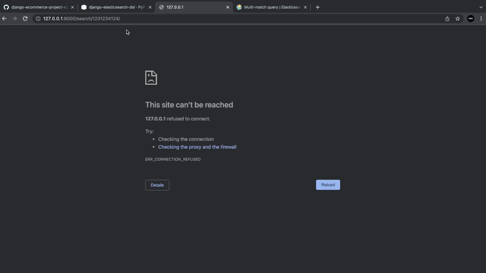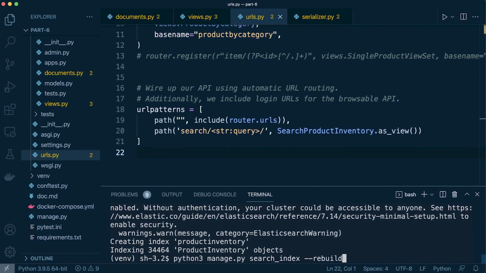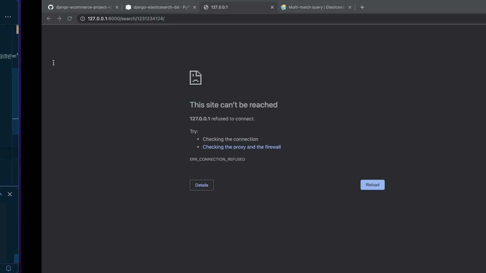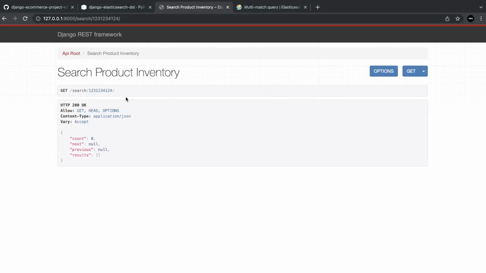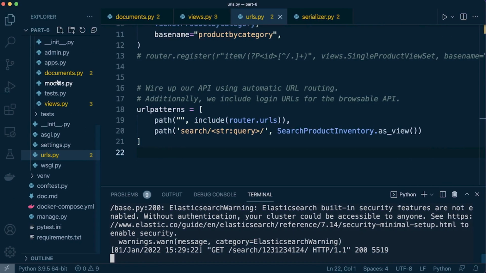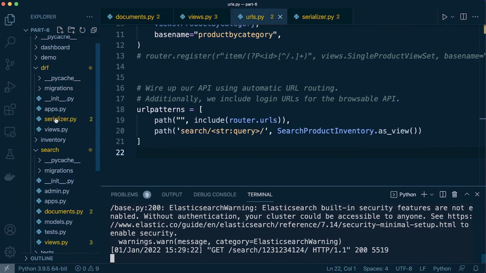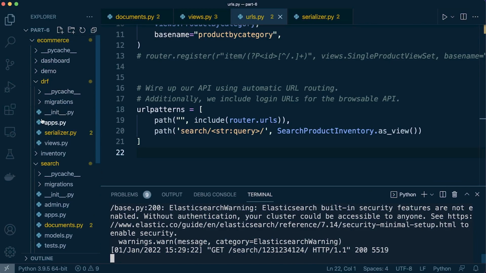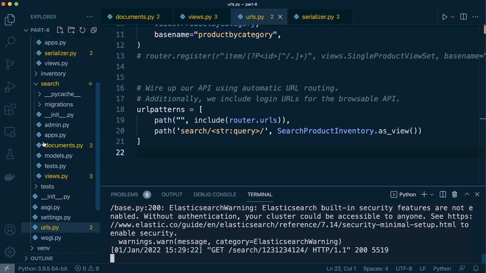Okay, so that's that done. So let's go back here and refresh. We're going to run our server again. And you can see that we haven't returned any results, because obviously that SKU doesn't exist. So let's go into our inventory